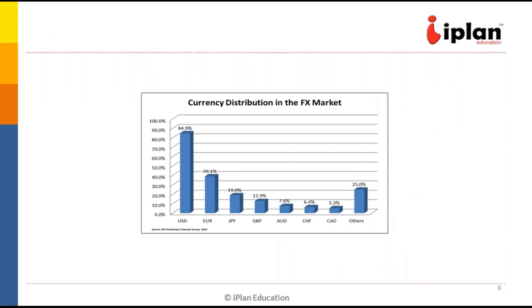Now, so there is a middleman, a dealer, through which we are dealing. So this is the bank. In this example, online we are trading, we have Forex dealers. Now, how is the currency distributed in the Forex market? So we can see in most of the international transactions, most of them,